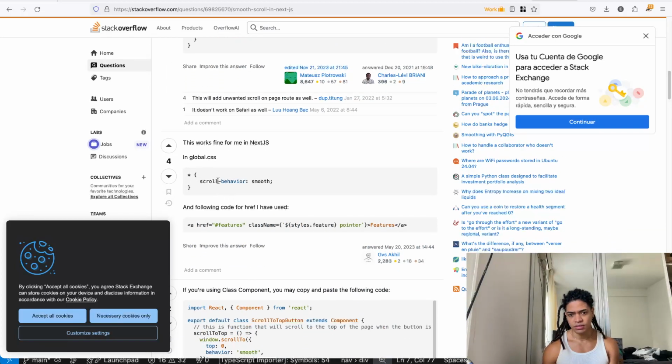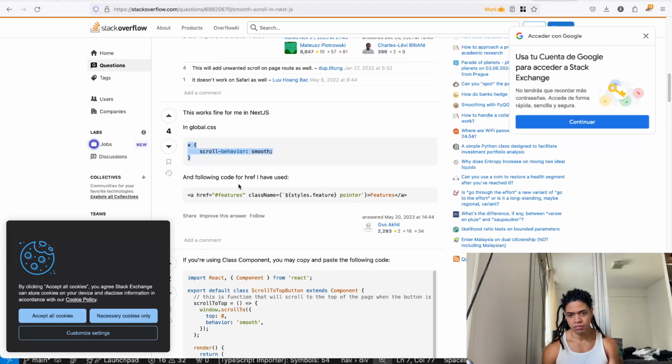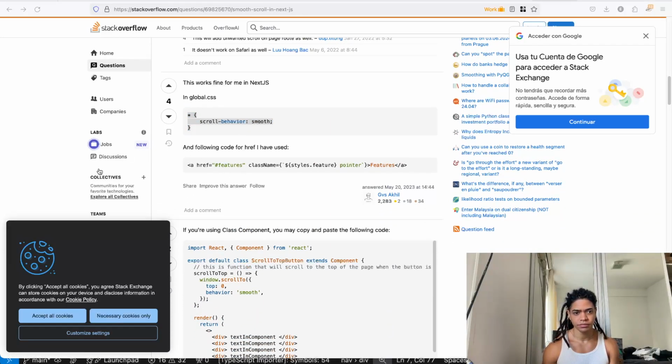Another one is scroll behavior smooth, which I think will be more feasible for our case. So when we indicate, hey, if you want to do a scroll behavior, no, but this is for the mouse. This is not from our app globals.